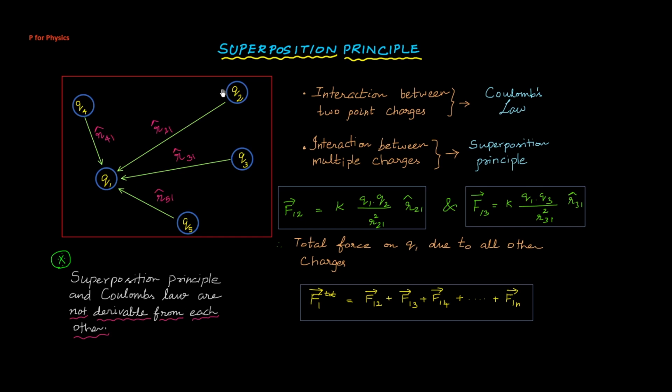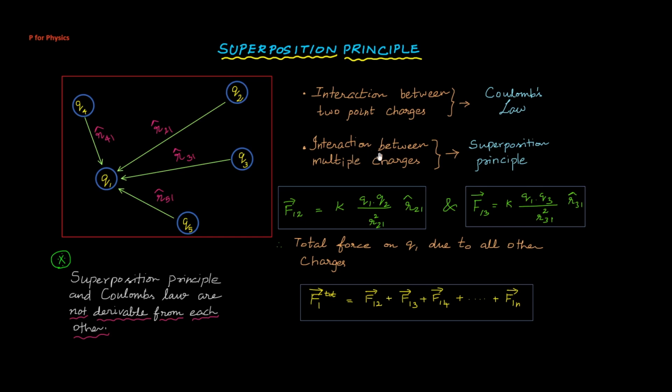When we talk about more charges associated with a particular system with respect to a single charge Q1, and we want to find the interaction between the charges, since there are more than two charges, we find Coulomb's law to be insufficient because Coulomb's law has its own limitations. And if we want to comprehend the interaction between multiple charges, what do we do? That is what we are going to discuss today in this session.